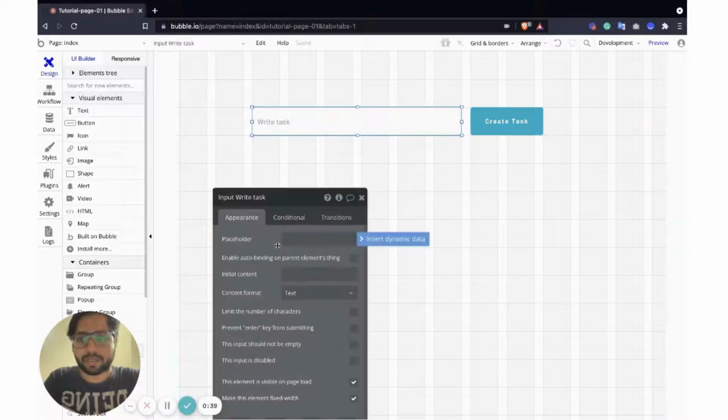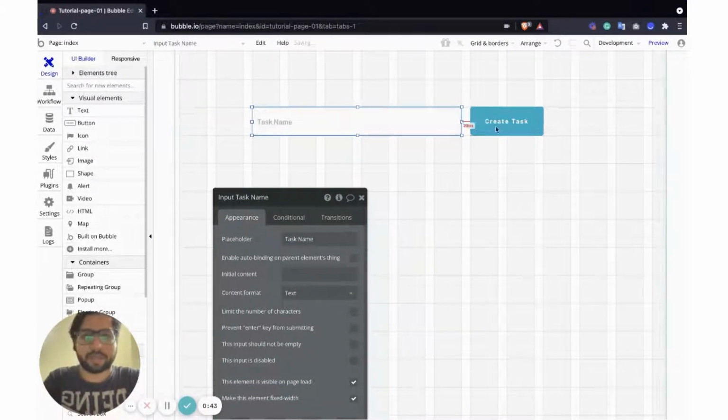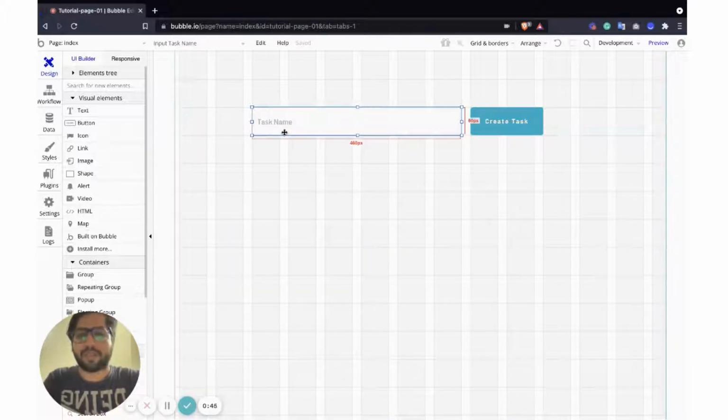So we have the input field. User can write down the task name here and click on it to create the task.